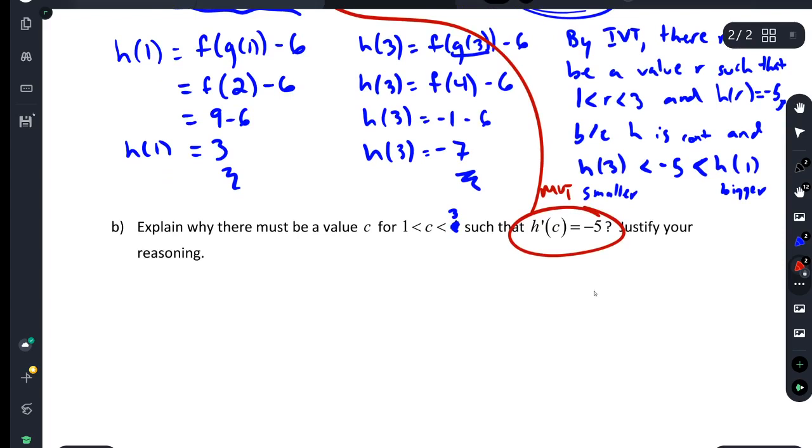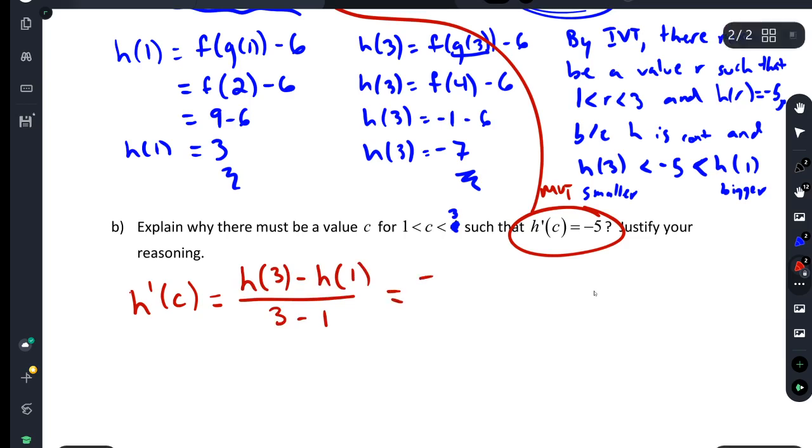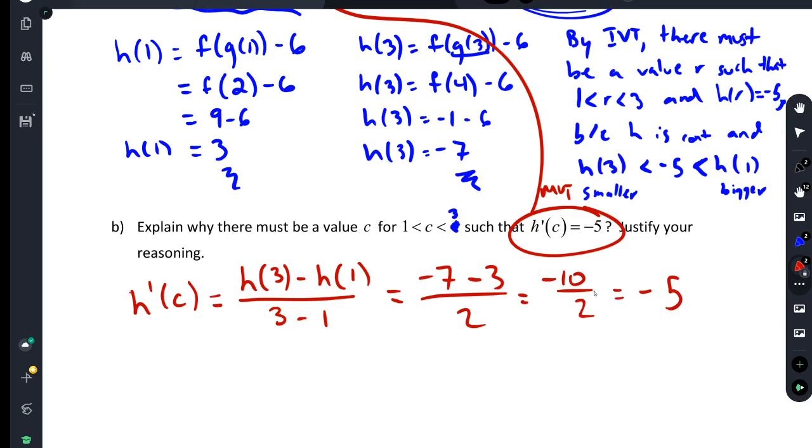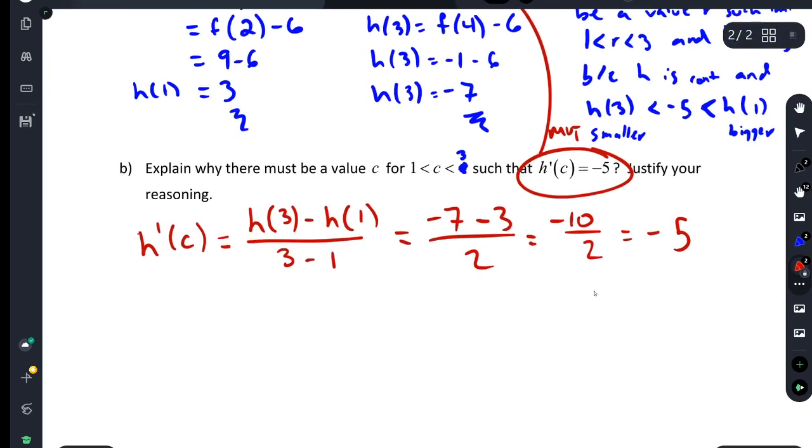So in order to do MVT, we need to say that h prime of c is going to have to be equal to h of b minus h of a over b minus a. Now, we already figured these out in part A. h of 3 was negative 7 minus h of 1 was 3, over 2. It's going to be negative 10 over 2, which is negative 5. So that is the condition for MVT. So then I can say